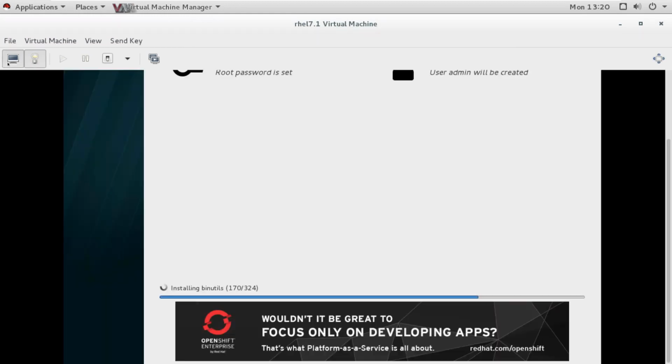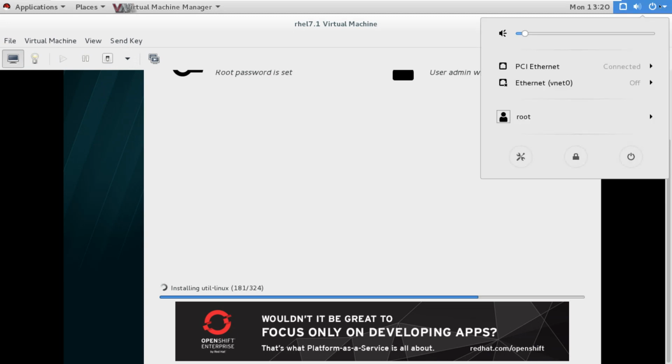Back to the graphical one, it is still installing. Then we have the option to play or start the virtual machine. It is already running, so I can pause my virtual machine, and I can stop my virtual machine. That is shutdown. It will shut down the virtual machine. Then you have the option here also to reboot, shutdown, force reset, or force off. Normal shutdown means it will try to shut down the machine normally, like you have shut it down from the start run, like we shut it down from here.